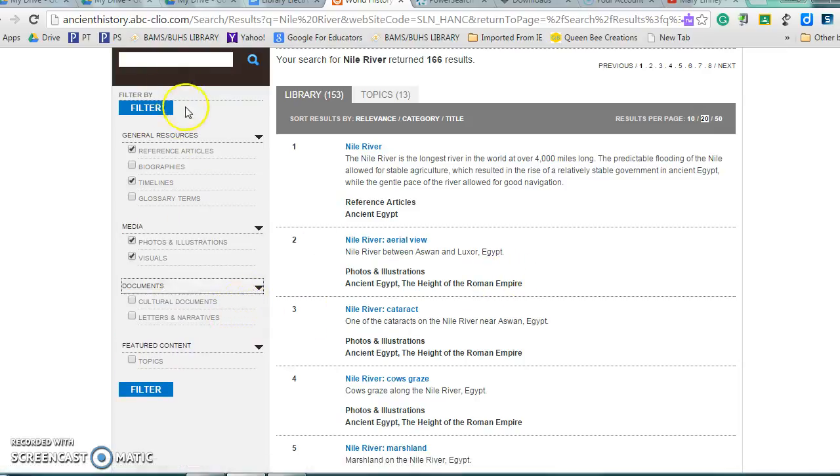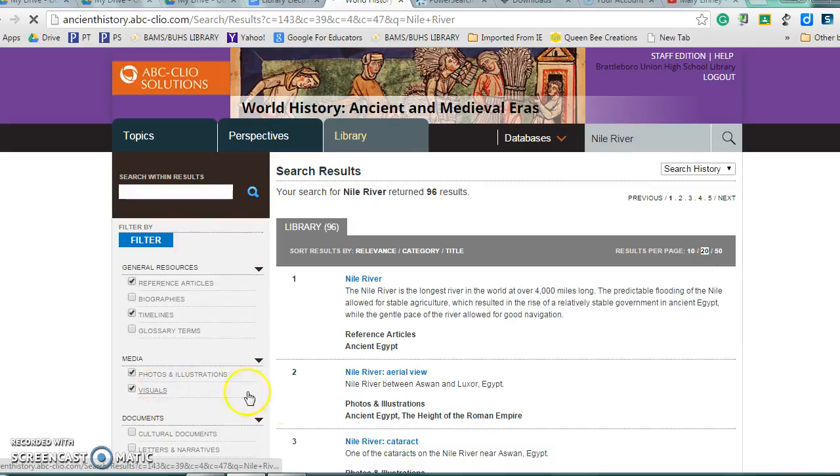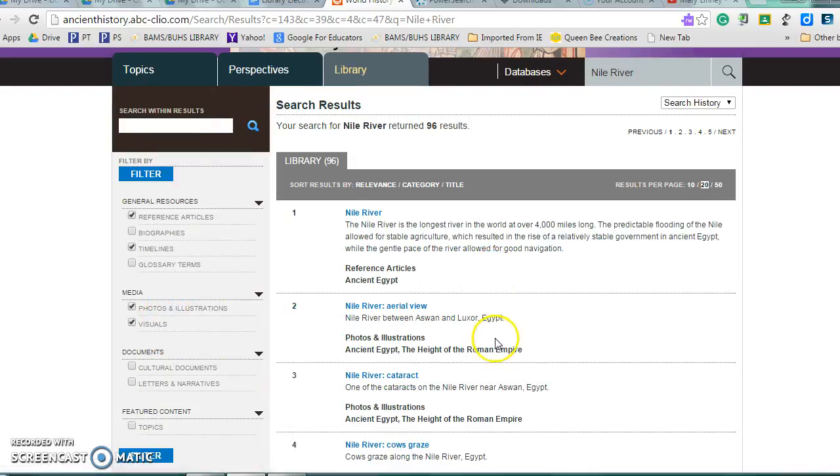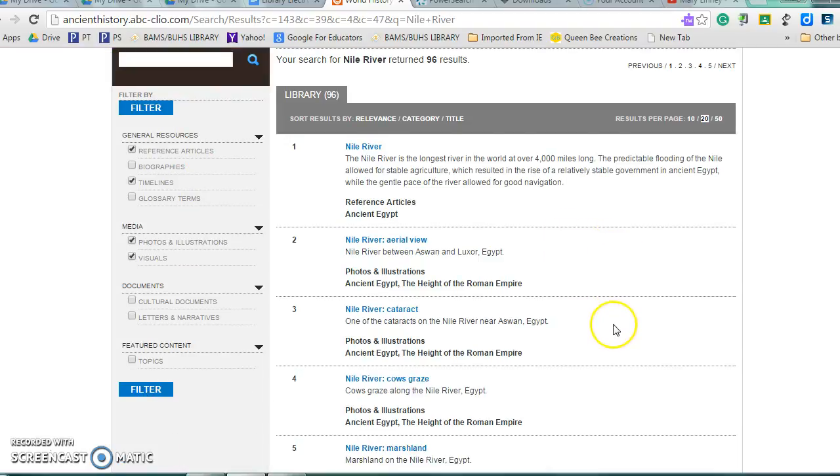So if I limit it to these, let's see what happens. If I click on filter, I started out with 166 results, and now I'm down to 96. Might be better. That really might be better. And the way I can tell that they're reference articles or timelines, photos or illustrations or visuals is it gives me a little bit of information. It kind of sums up the article itself, and then it tells me what type of resource it is,